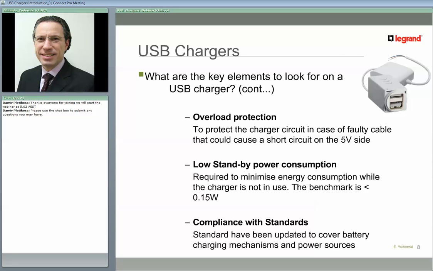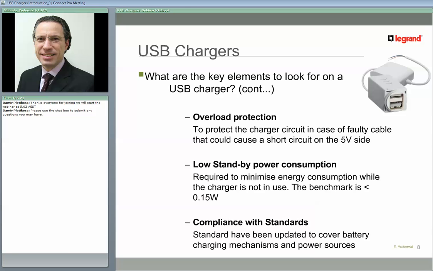Sorry, I was talking about the low standby power consumption required to minimize energy consumption while the charger is not in use. The benchmark these days is to have less than 0.1 watt, 0.15 watt of standby power. Compliance with the standards, that goes without saying. Standards have been updated to cover battery charging mechanisms and power sources,